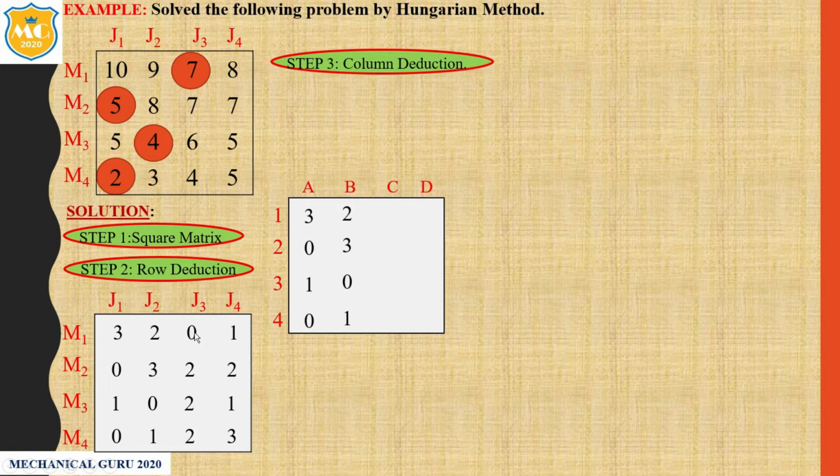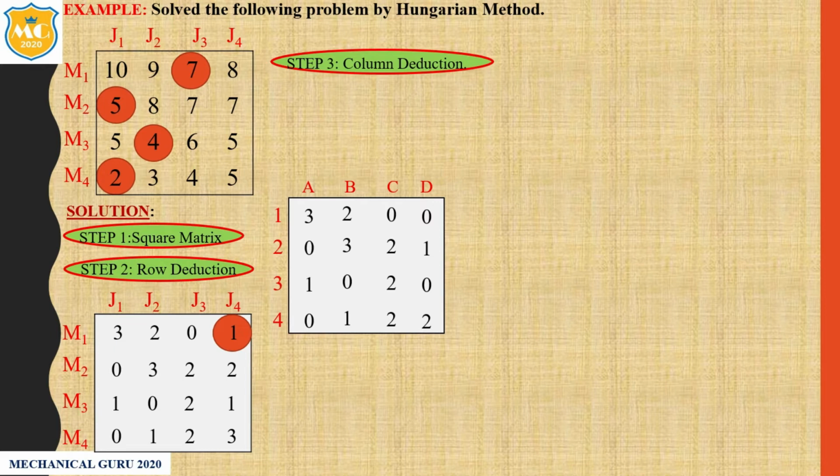In the third column, again the minimum cost is 0, so this column again as it is. In the last column, the minimum number is 1, so subtract it, and we get the values 0, 1, 0, 2. So step number 3 is completed. After the completion of step number 3, we get a 0 in each row and each column.